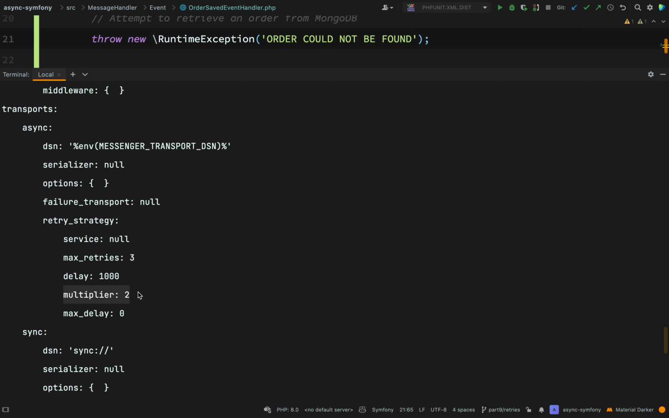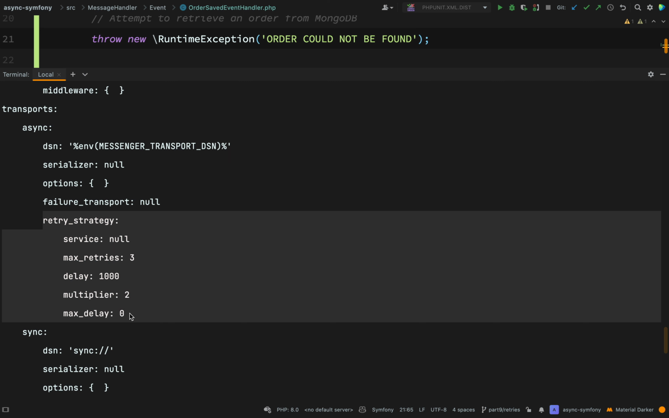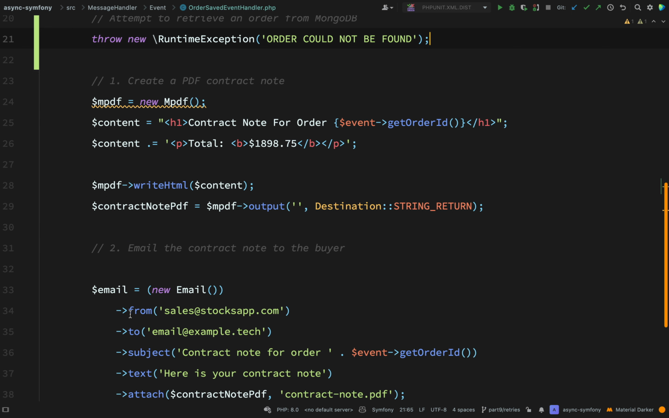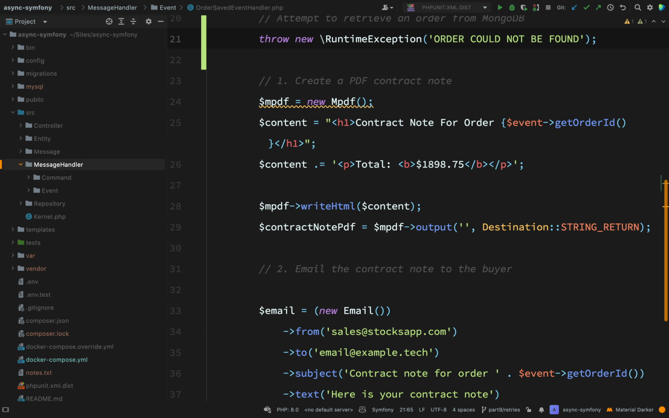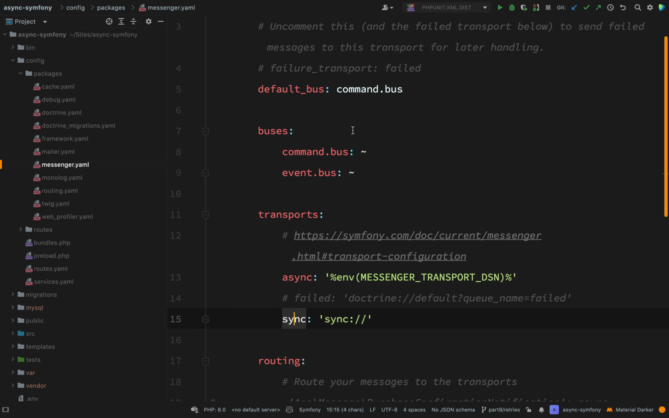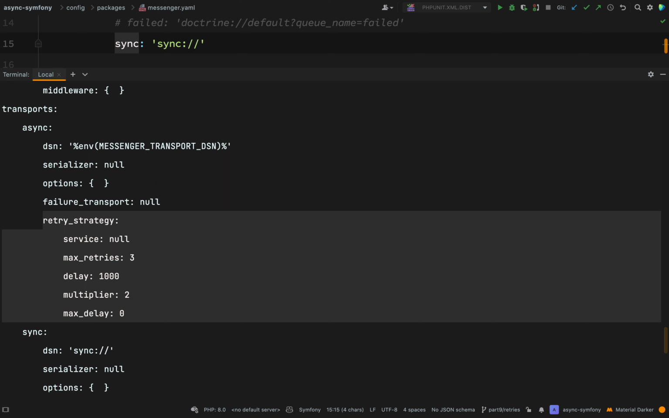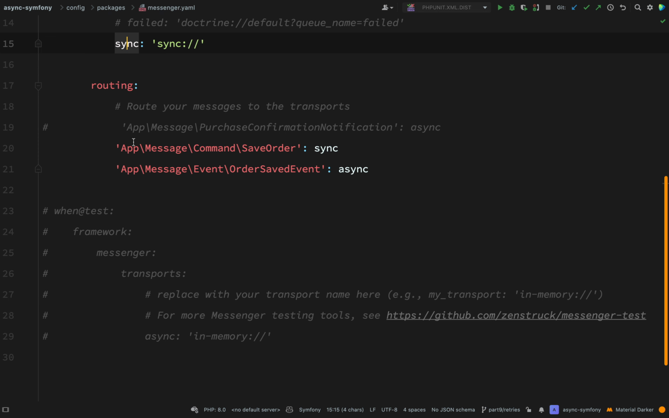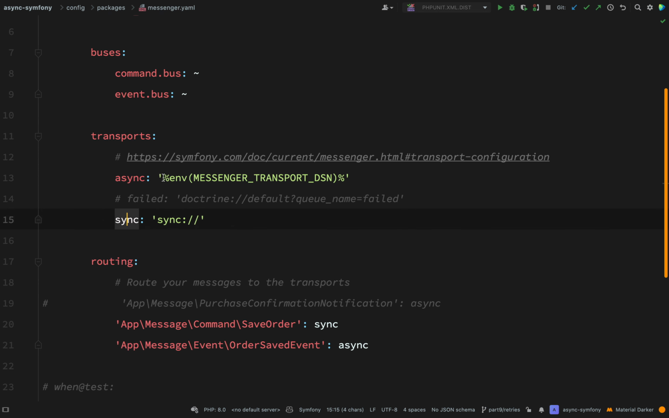Anyway, let's take some of these and we'll go and drop it into our configuration, and we'll change some things just to highlight this in action. So I'm going to copy that whole retry strategy block, and then we need to go to our config. So config, packages, messenger.yaml, and let's be careful where we drop this. One thing to note is that because we are adding some options now, we need to drop our DSN onto another line. So here where we have async,